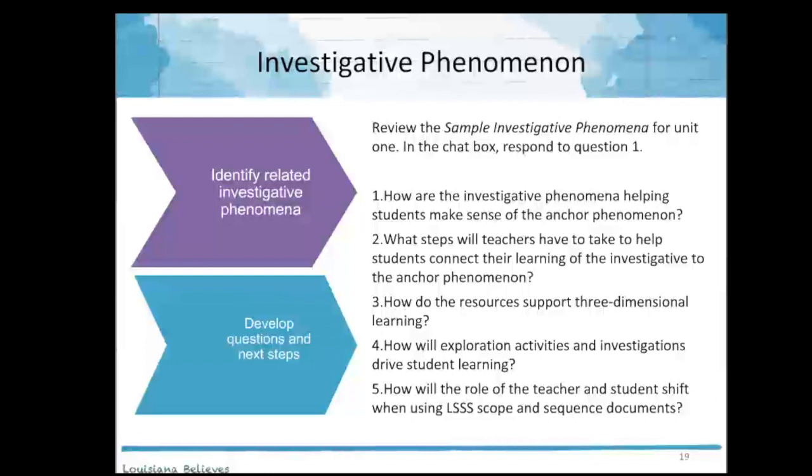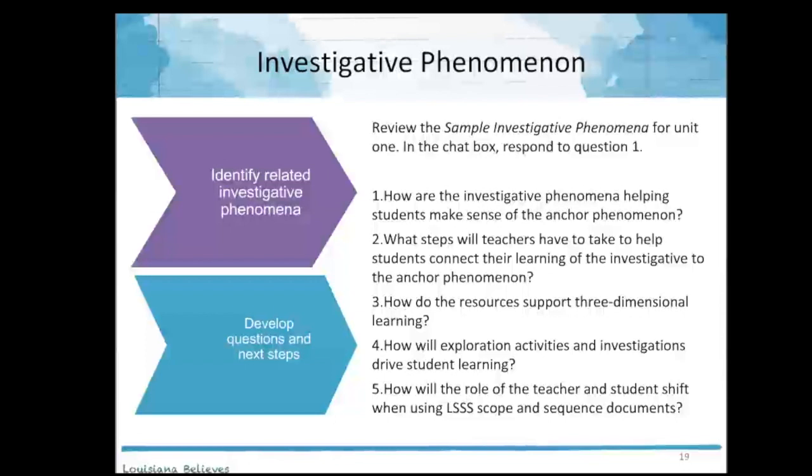So the very first thing that I would like for you to do for the next portion of the presentation is I want you to look at pages 11 and 12 of the 4th grade scope and sequence document. On pages 11 and 12, you will see that we have highlighted 5 key sample investigative phenomena that will help students understand and make sense of the anchor